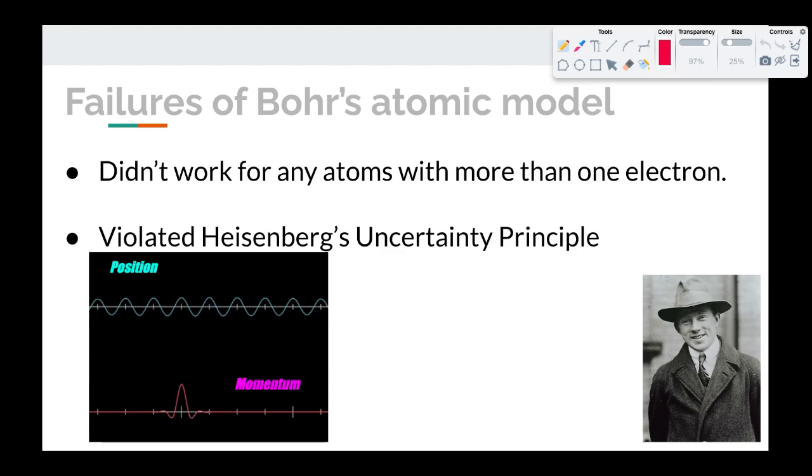And Bohr was saying, now you know both. You know what orbit it is, you know how big that orbit is, and you know this energy that it has, in other words, the momentum that it has in that orbit. And the uncertainty principle says that you can't do that.